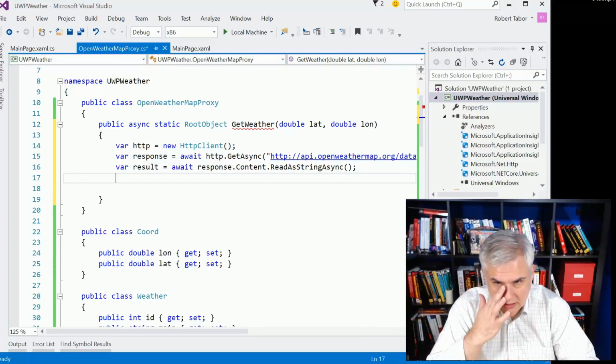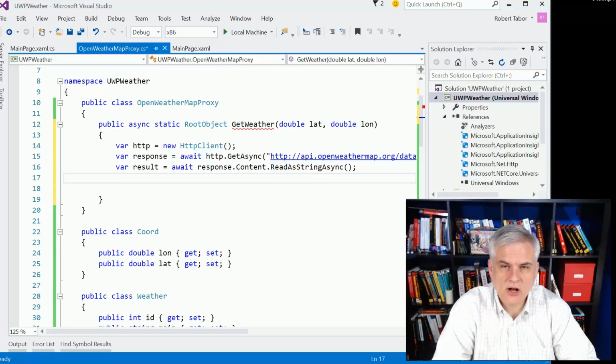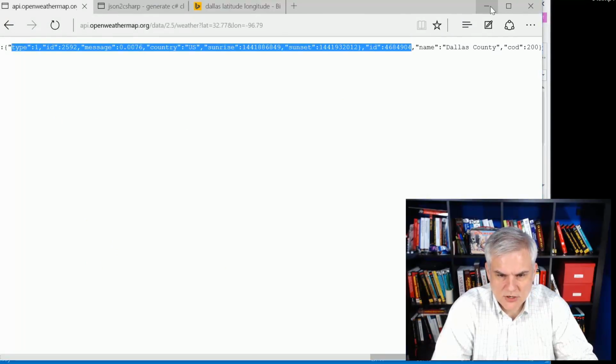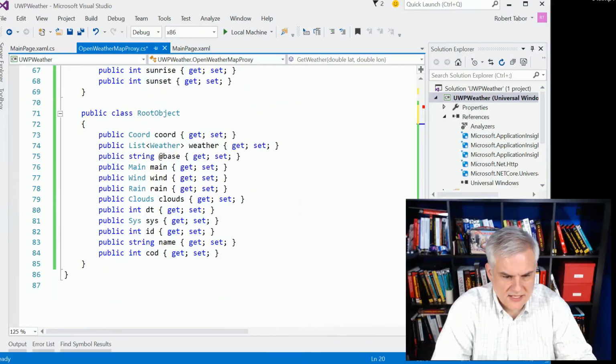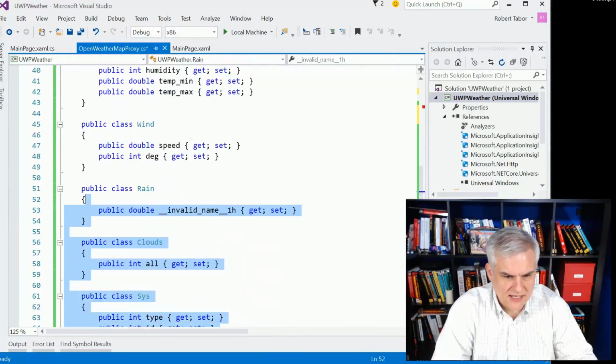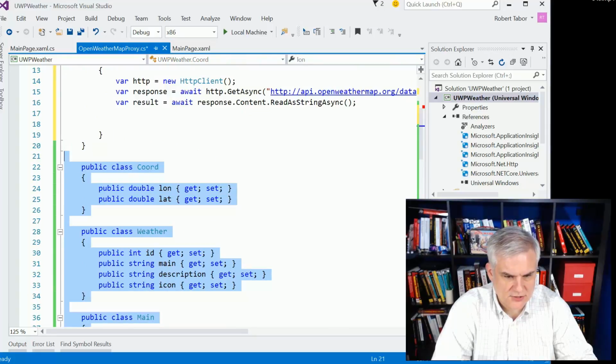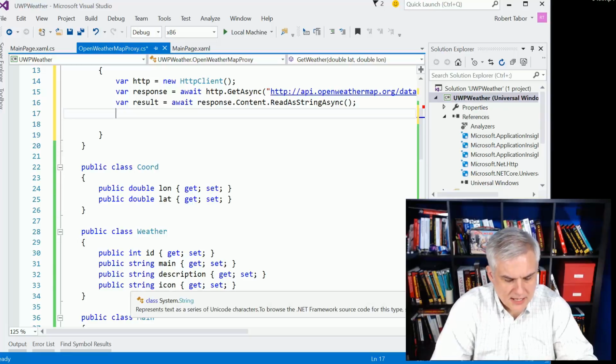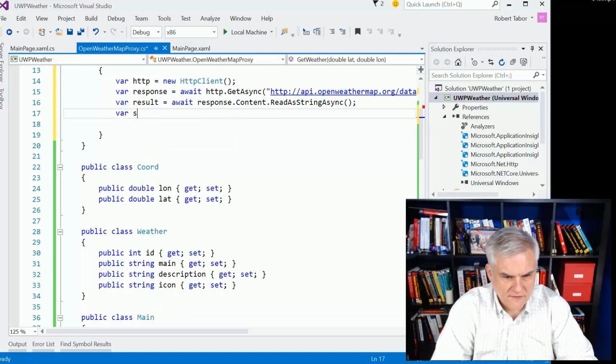Now what I need to do is serialize. I need to take all that string that we see when we looked here, and we need to convert that into an object graph. So all of the root object and all of the objects that it has references to. All right, and to do that, I need to use an object called the data contract JSON serializer. So I'm going to create something called a serializer. It's an object that knows how to serialize and deserialize from JSON. And so we'll go data contract